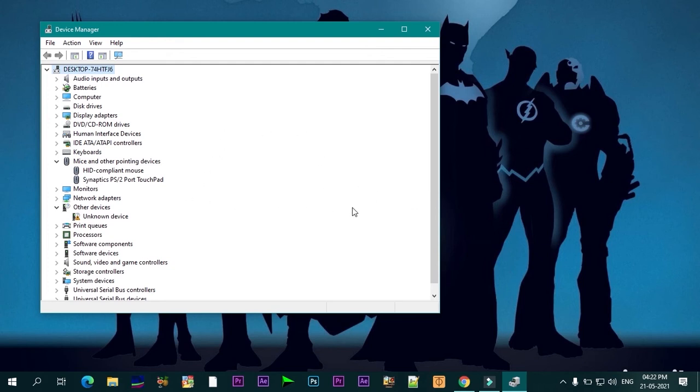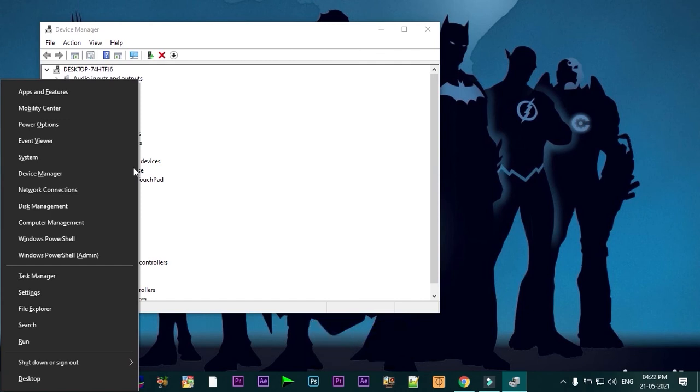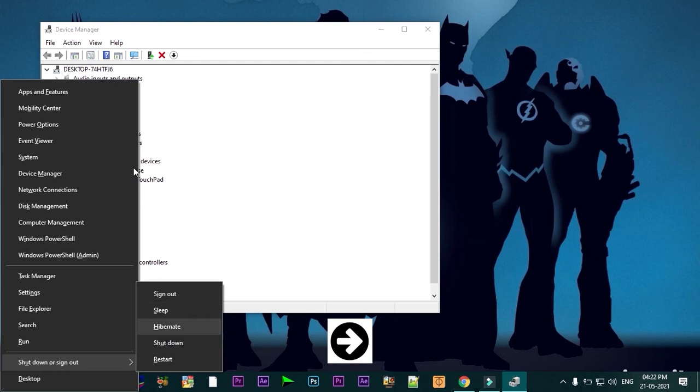But again, if you see that it isn't resolved still, you might want to restart your system. Uninstall the driver again, doing the same steps that I told you earlier. After uninstalling, restart your system. To restart, press Windows plus X again, then use the up and down arrows and go to the bottom where you will see Shut down or sign out. Press the right arrow and now you can restart your system using the up and down arrows. After the restart, you will definitely see your mouse cursor working again.